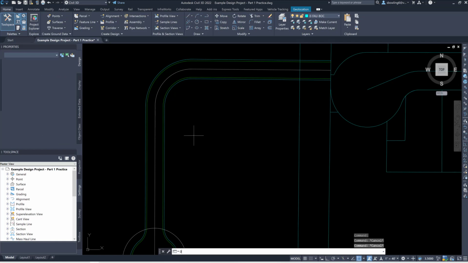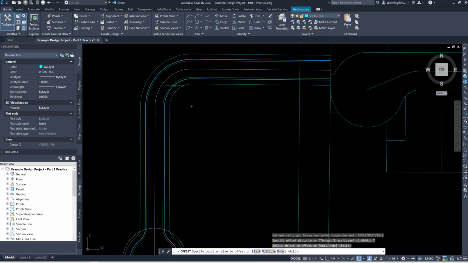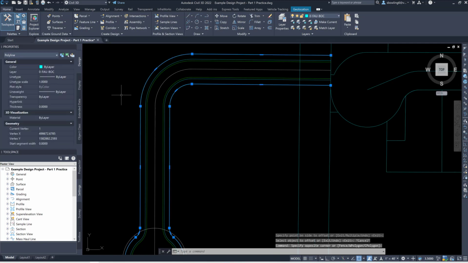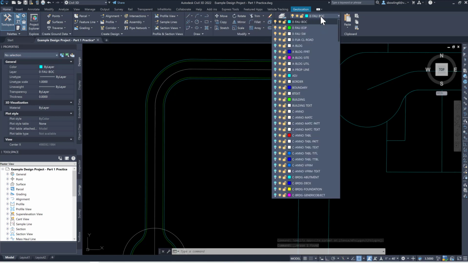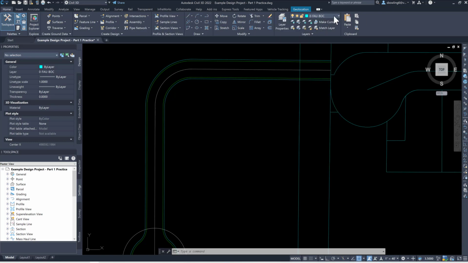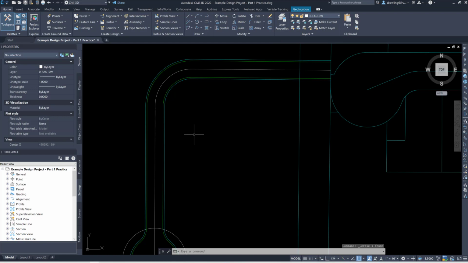Now I'm going to offset, and I'm going to type in 7 because that's the grass area to the front side of the sidewalk, and then go 7. Now look at the layer that it's on. It's on the wrong layer. For whatever reason, I forgot to make this current. So the way to make it current also is to pull down your layers and click on it here. In this video, I'm just showing all the different ways to do these things while I'm actually designing a